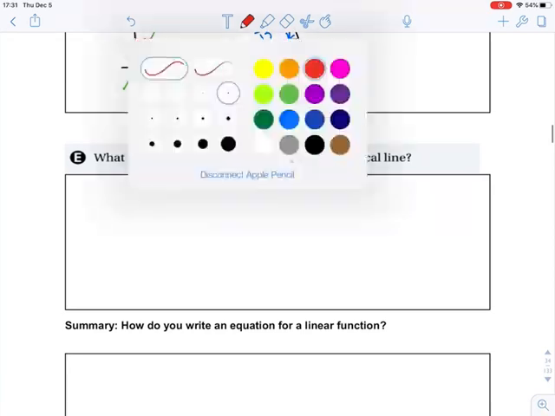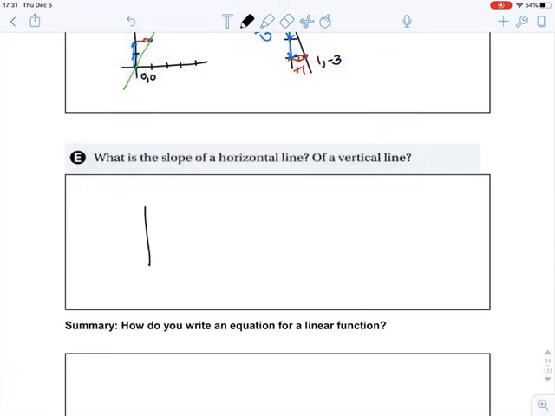What is the slope of a horizontal line or a vertical line? Okay. Well, these are interesting. We've covered this actually already. So if I have a horizontal line, it looks like this. This has a rise from this point to this point. It goes up no points. So this one has a slope of